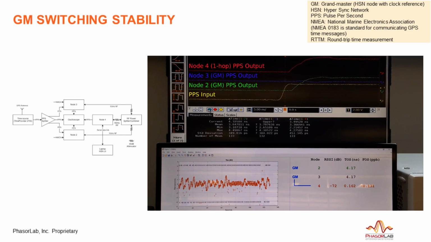So to begin with, node 4 started off being attached to node 3. Node 3 has just been powered off. We see node 4 very quickly changing its grandmaster to node 2. Node 3 will be powered back on, so its blue PPS trace will reappear shortly as it synchronizes once again with its input